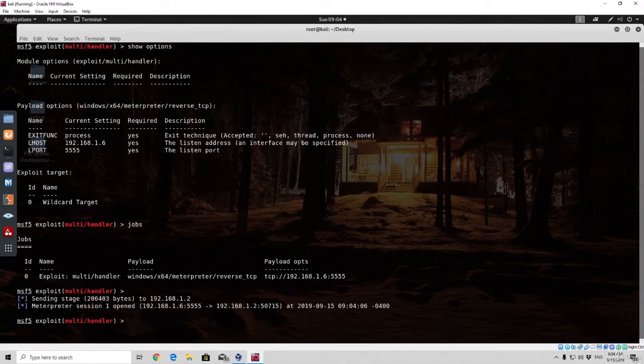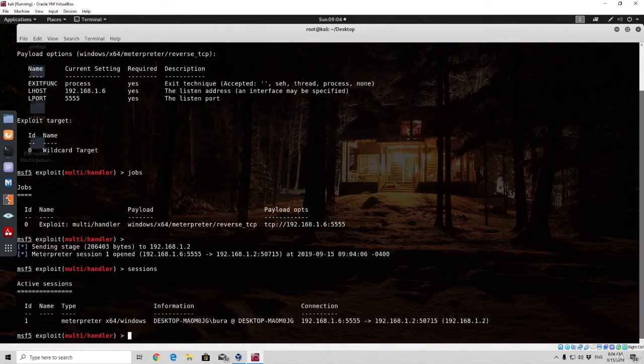So press enter. In order to go to that Meterpreter session, because we saw in the previous videos how you can go to the Meterpreter session by default, what you need to do is simply type sessions in your MSF console, and you will see all of the active sessions that you currently have. In my case, I have only one session because I only ran it from one PC. So we can see session 1, Meterpreter x64 Windows. This is the name of the target machine that we hacked, and this is the IP address of our Kali Linux machine, as well as our local port that we are listening on for incoming connections,